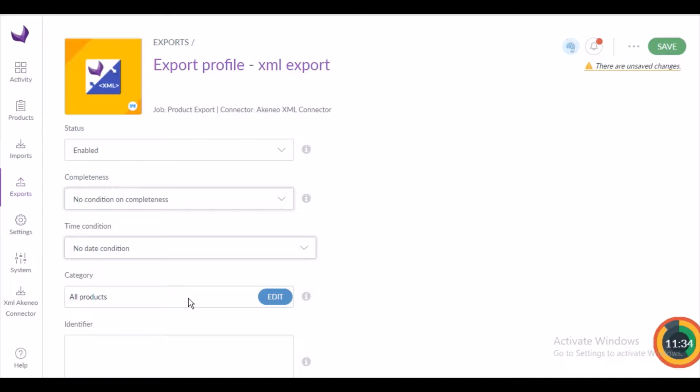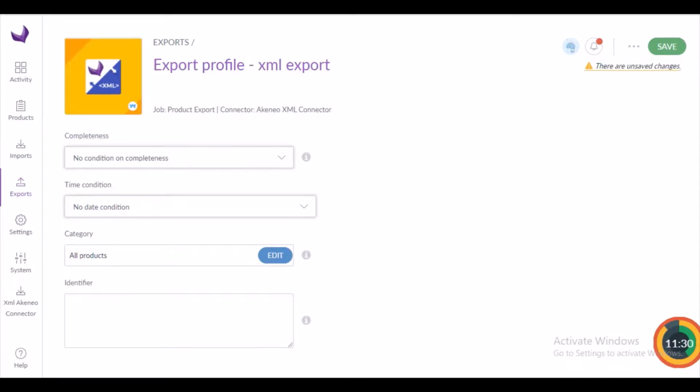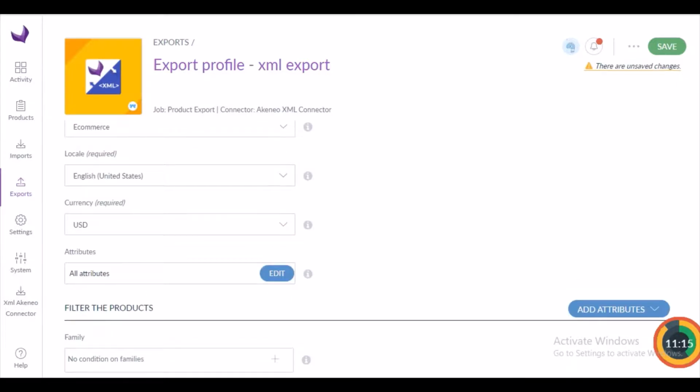Now from this category, you can configure the categories of your channel tree that you want to export. For example, you want to export the clothing products to update. As identifier, you can make a selection of identifiers to export by adding them to the SKU field, and you can also copy and paste a list of identifiers, separated by using comma, space or line break.